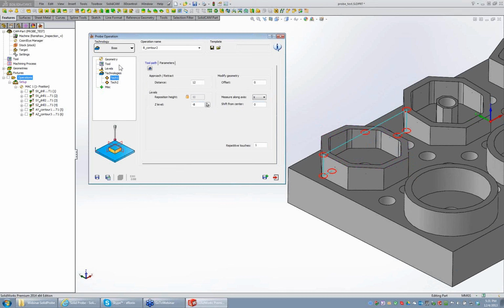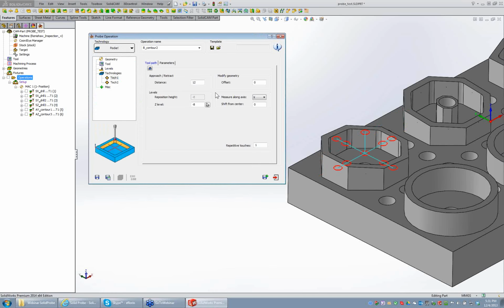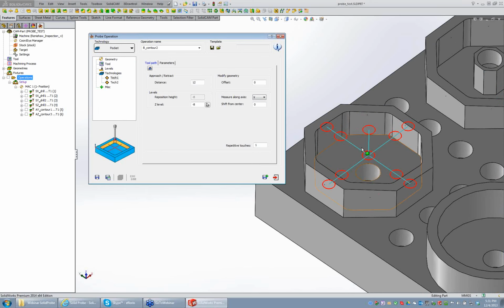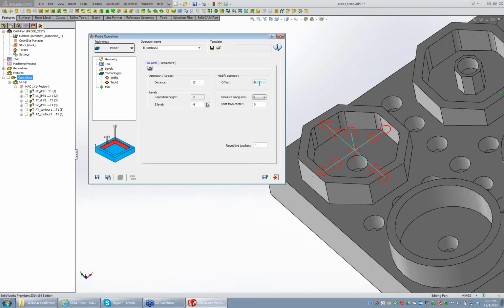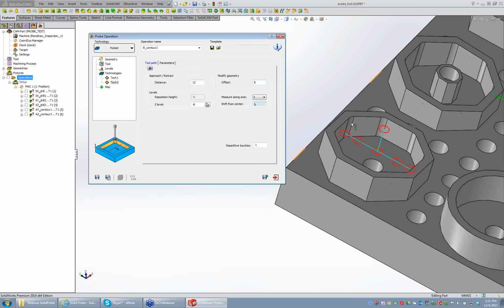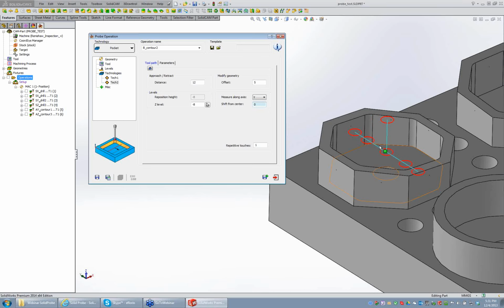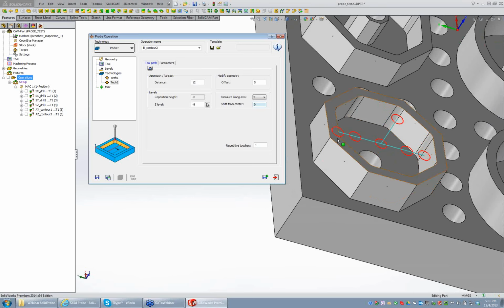Now this is the boss. Now if I select pocket, I can select again internal geometry or use the external with an offset. I will use an offset of 5 millimeters for this cycle, and also for the Y measurement cycle, the same offset. We have a pocket measurement. The process will find the center, and also we will get the dimension of the distance between two touch points,